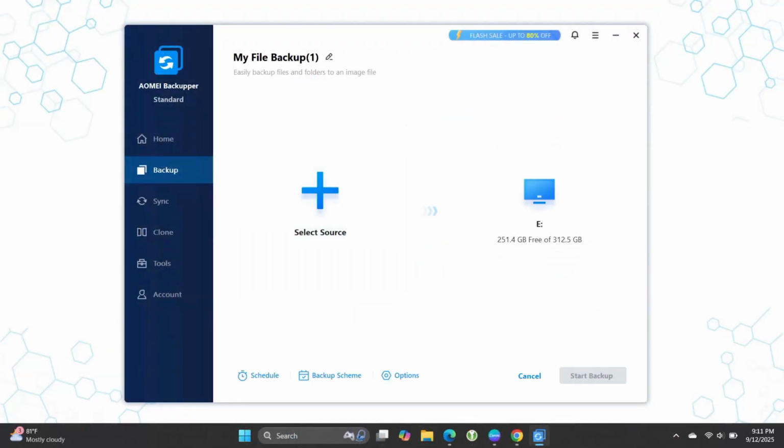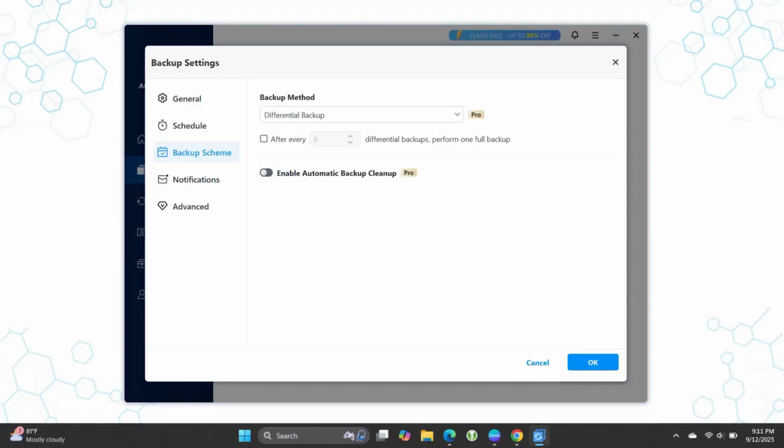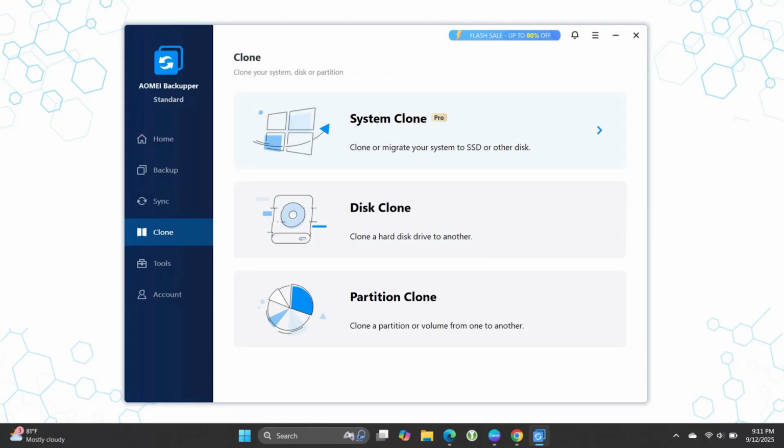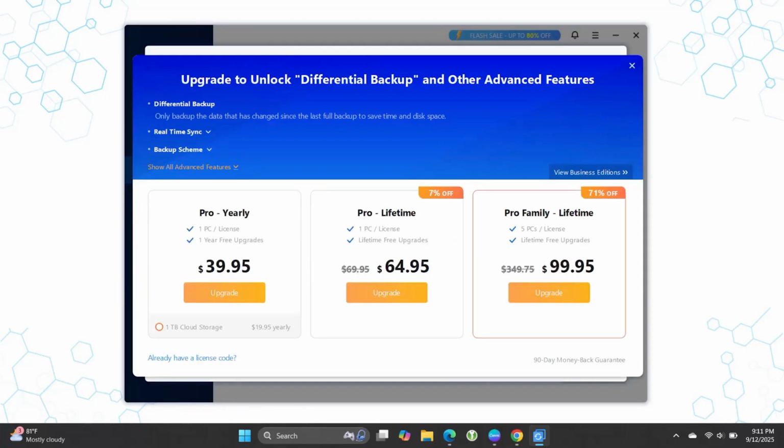But some advanced features like incremental and differential backups, system clone, universal restore, and backup encryption are only available in the paid version.